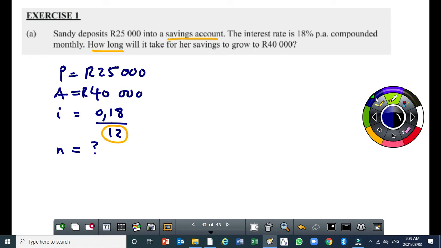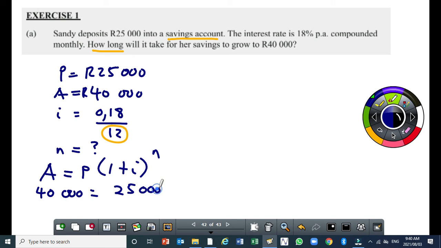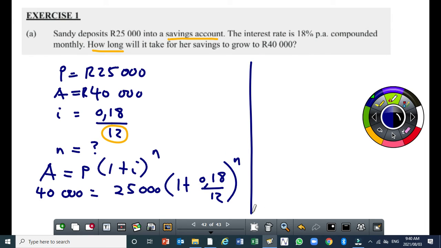Okay? So, write the formula A equals P times 1 plus i raised to the power of n. Where there is A, you put 40,000. Where there is P, you put 25,000. Then 1 plus 0.18 over 12, all raised to the power of n. Then, from here, we divide both sides by 25,000. So it will be 40,000 over